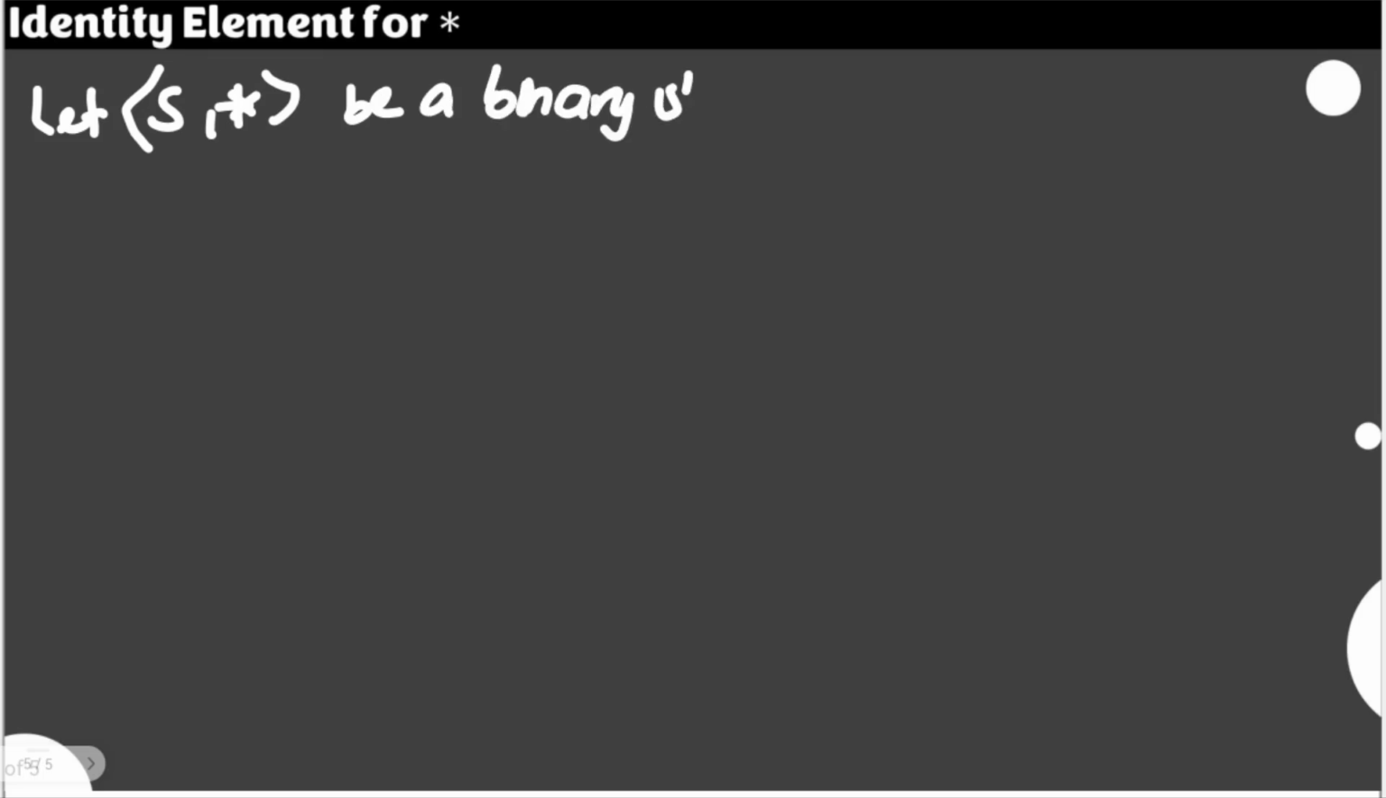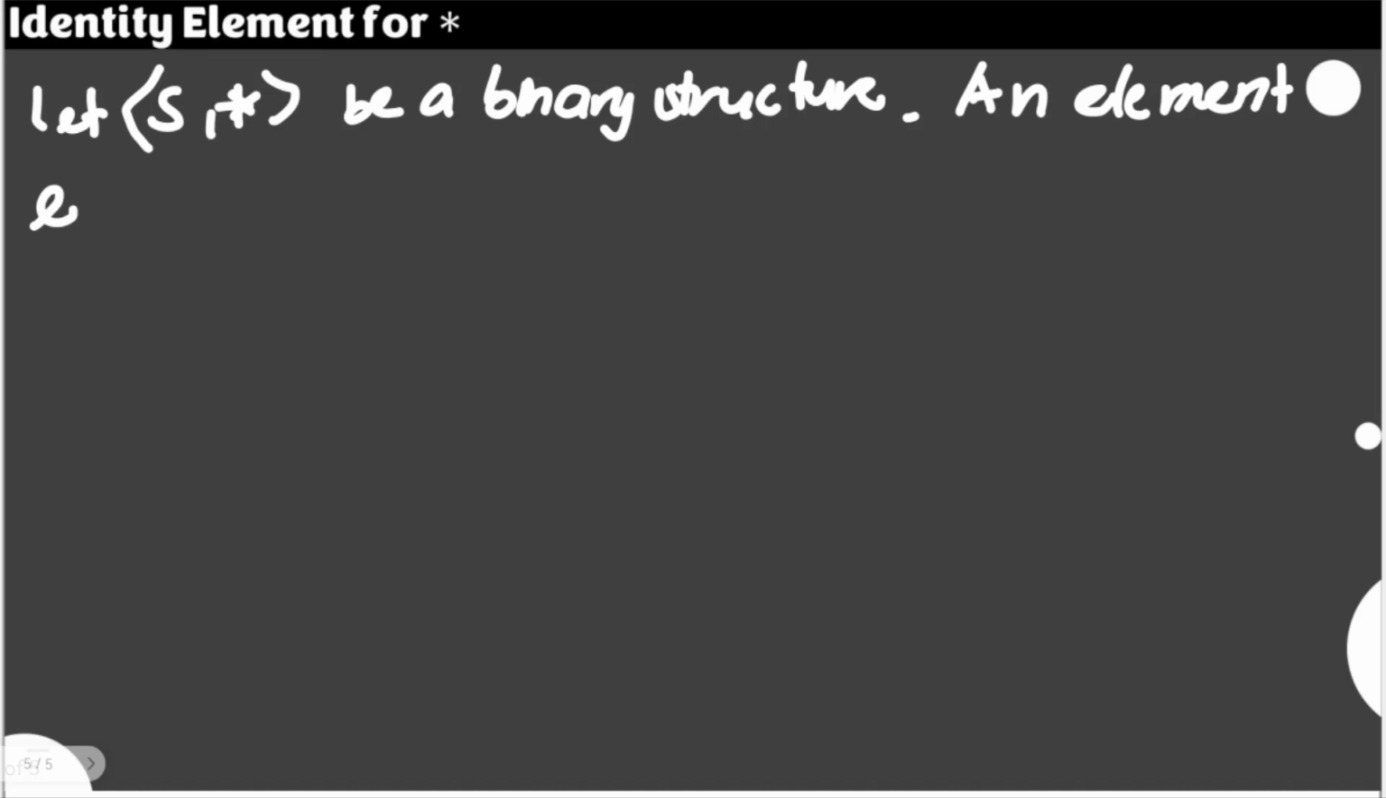So similarly here, let's talk about the definition of the identity element. Let S, star be a binary structure. This is the other way of stating that the operation star is a binary operation on set S. An element E, this is what we usually label for the identity element. An element E of our set S is an identity element